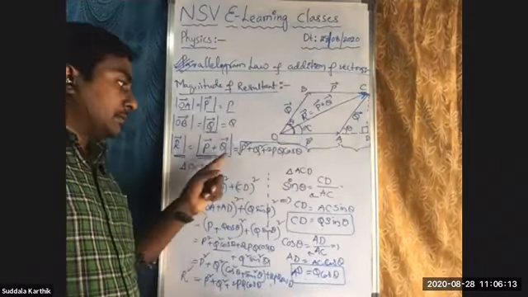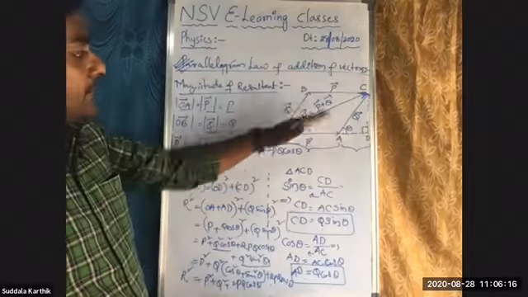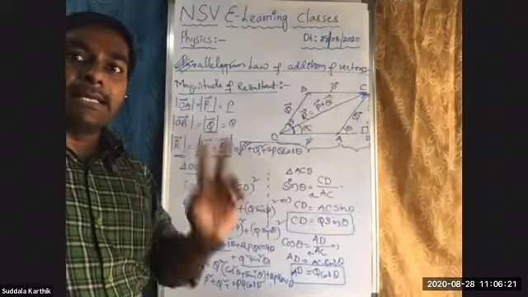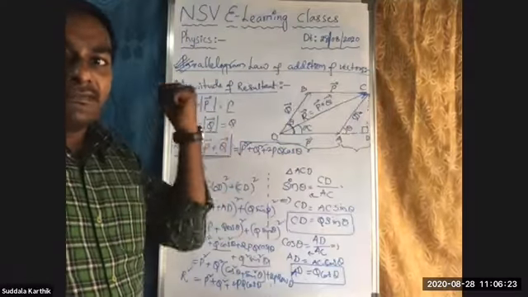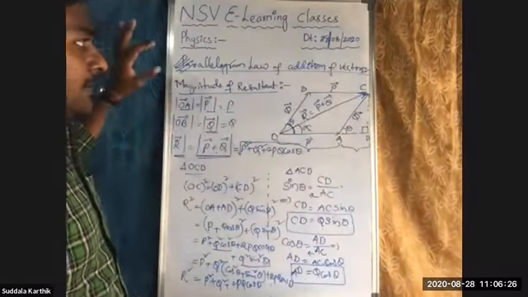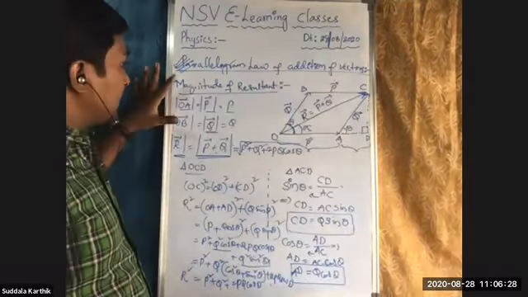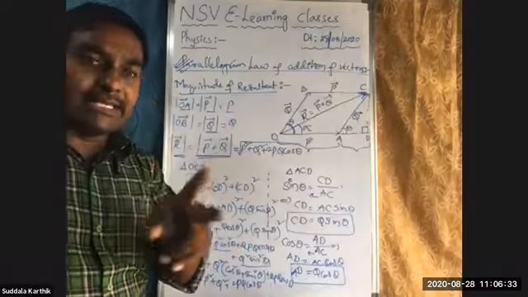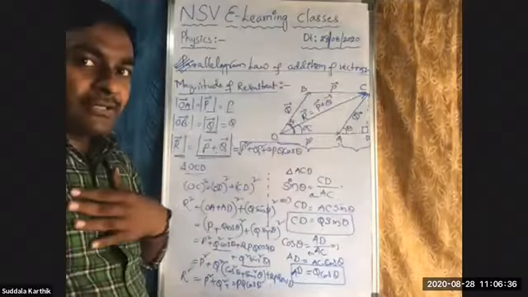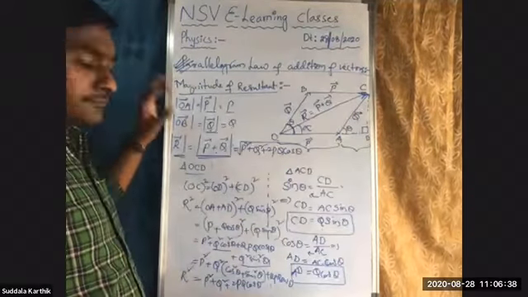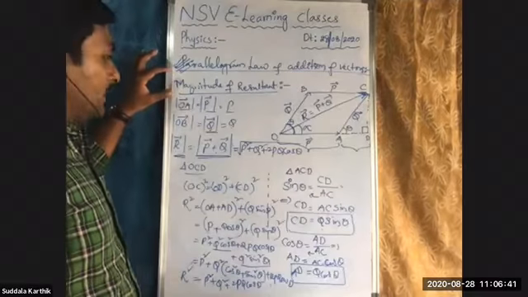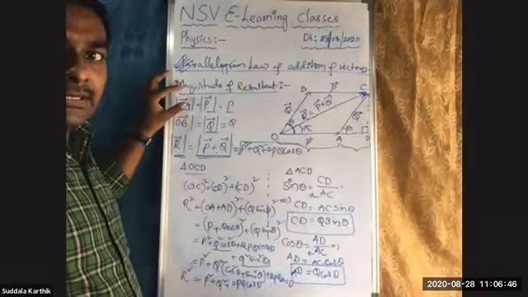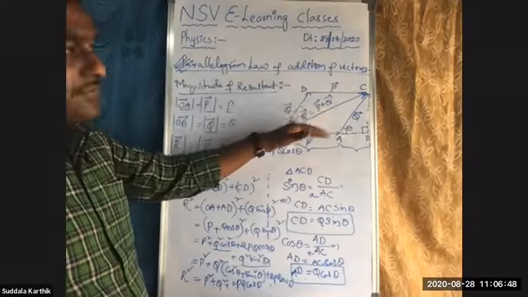So please go through this one. I have taken these two from the diagram only, total mathematics only. This is very important for IIT, MHT-CET, NEET, whichever exam you write. Under this there are two different derivations. First one is the magnitude, second one is the direction of the resultant of two vectors, but I have calculated only the magnitude, as time is over. That's why I have calculated only the magnitude of the resultant vector, which we have taken here.